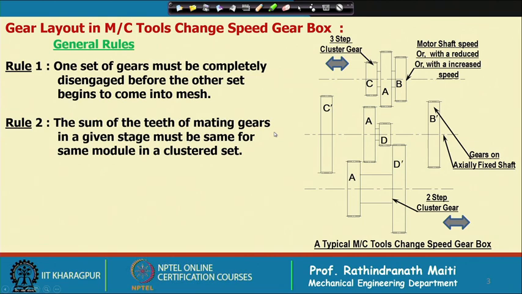Next, the sum of teeth of mating gears in a given stage must be the same for the same module in a cluster set. That means, the sum of teeth of mating gears in a given stage, this means that C plus C dash, A plus A dash, B plus B dash must be equal. The summation of the number of teeth should be equal, provided they have equal module,